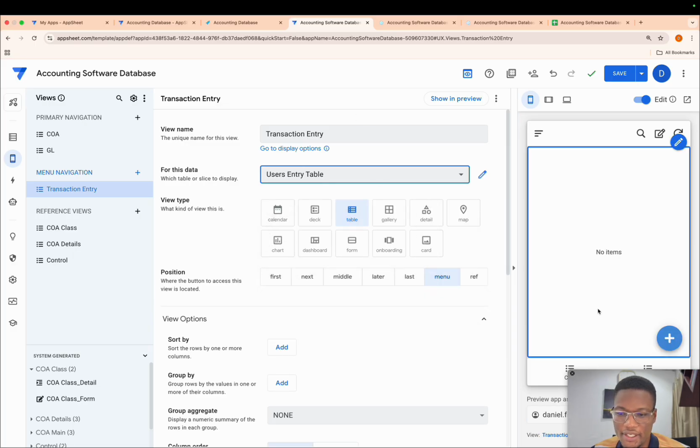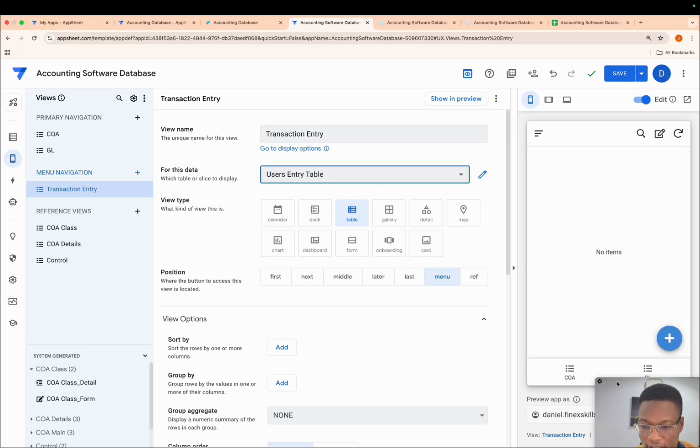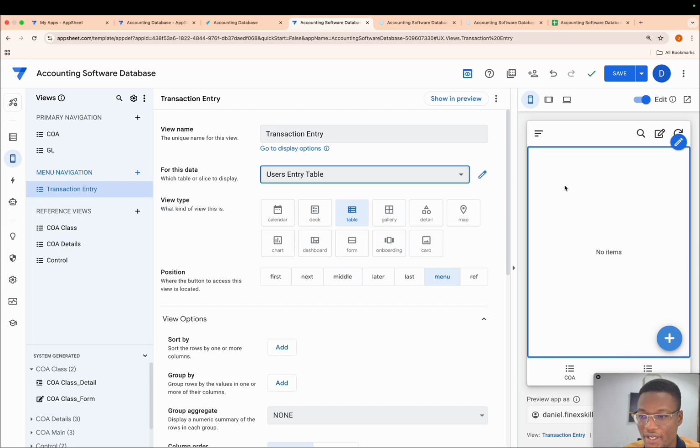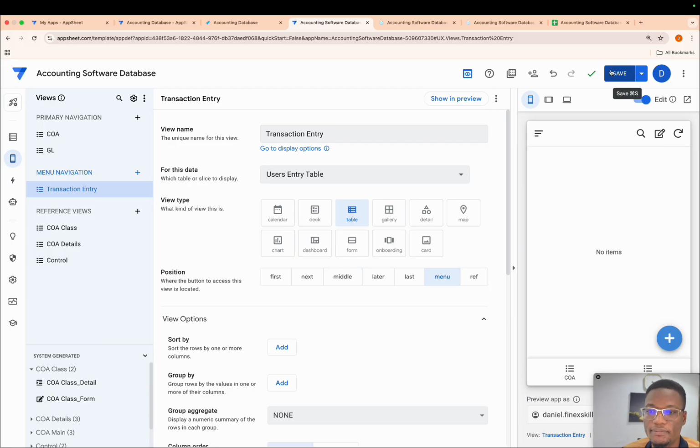Good. So you see over here, this user, Daniel Finex Skills Hub, doesn't have any entry. So when you come to this transaction entry sheet, he can't make any entry because there are no rows dedicated to him. Let me save this first.